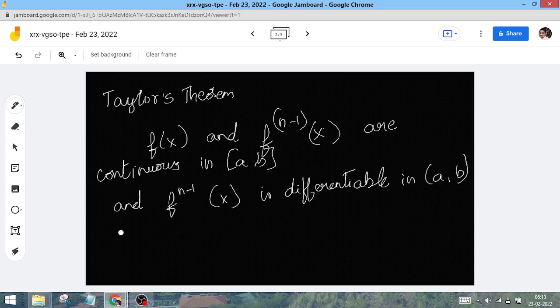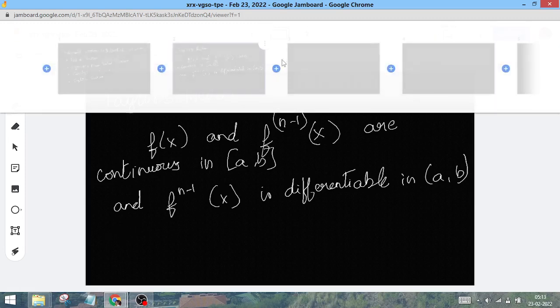Then in such a case, there would exist one point c in the open interval a comma b,